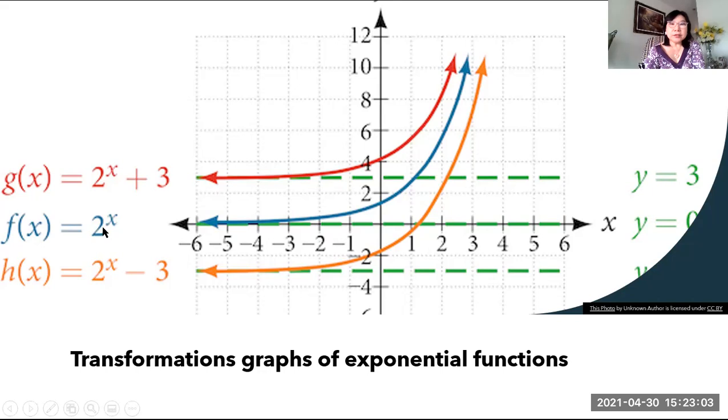And this function is 2 to the power of x. As you can see, this function will go to 0 for x and 1 for y. So now let's look at the red function here. The g of x function is the red function. This function has a shape exactly increasing like the blue function, except that it will shift up vertically by